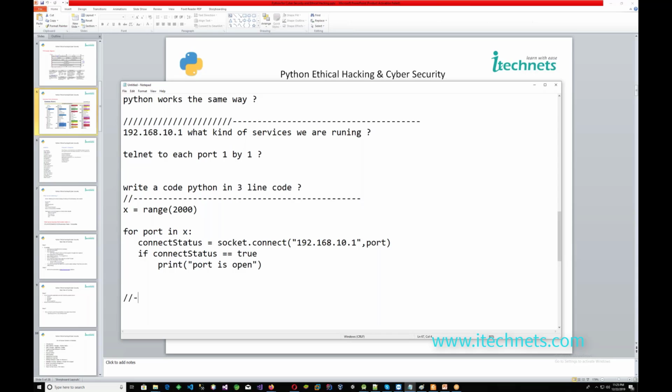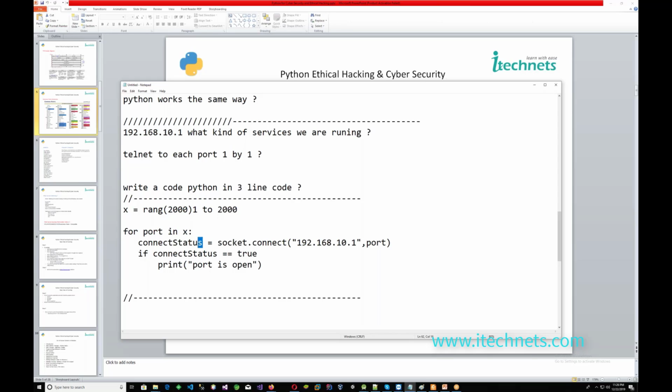I have declared x as a range, because we need to declare the x variable in Python as a range in this way. So x has a value from 1 to 2000. Now this is a for loop. In this for loop, port is a value that will run on x one by one, 1 to 2000.